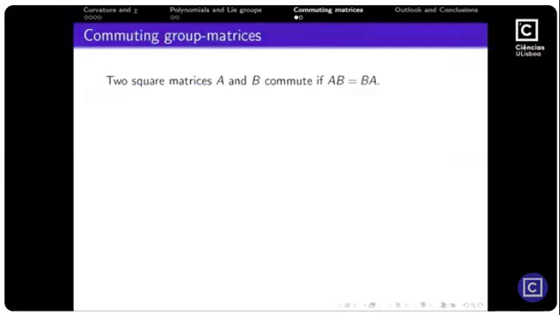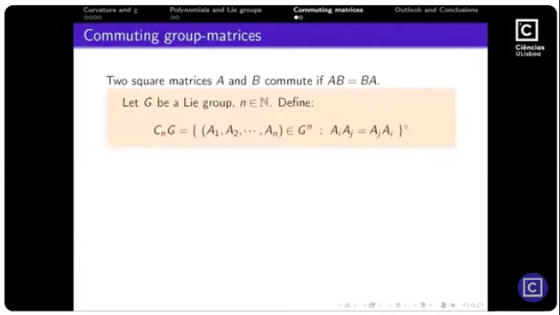I'm going to at least say one theorem that I recently was able to show. And it's about commuting matrices. So two square matrices commute if their product is equal either way. And I consider this set, which is an n-tuple of elements in G that pairwise commute. Don't worry about that zero there, but I will. It's just a path component of that space.